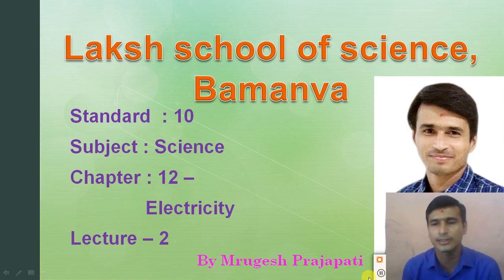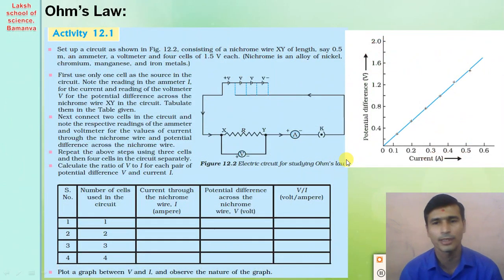But in this lecture we discuss what amount of electric current passes through the electric circuit. The electric current passing through the electric circuit depends on a factor. By performing several activities, we then study Ohm's law, which is the most important point of the chapter, and the most important law of electricity. So let's start our activity, that is, performing Ohm's law.